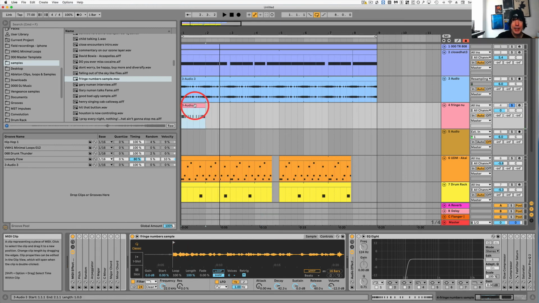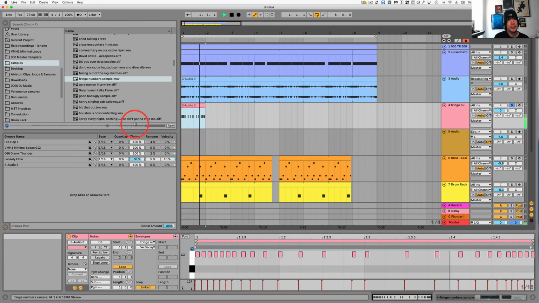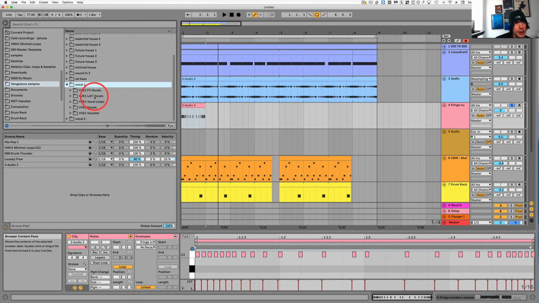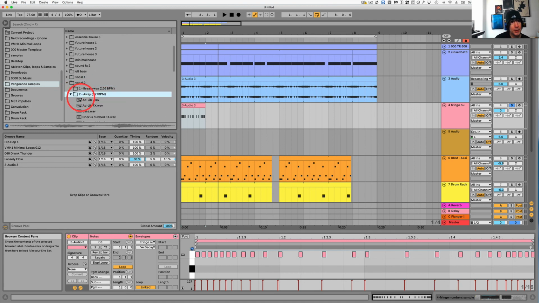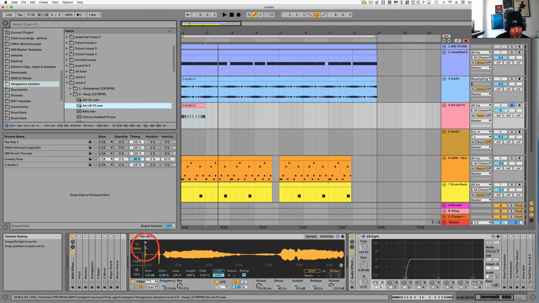Right, so we can now use this clip for any sample that we want. I think I've got some vocal stuff in one of these. There we go, vocal 1. Now we can just take something like that. All right, so we'll do this. There's a couple clicks in front, so we'll just move the beginning of the sample. All right, and now we've got